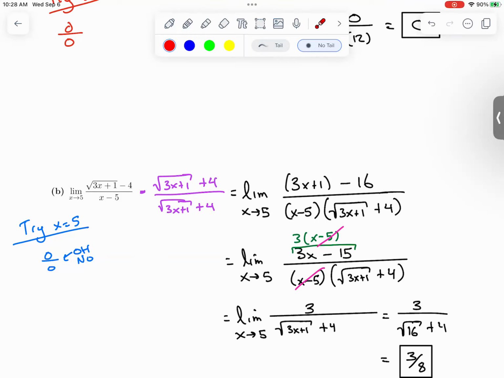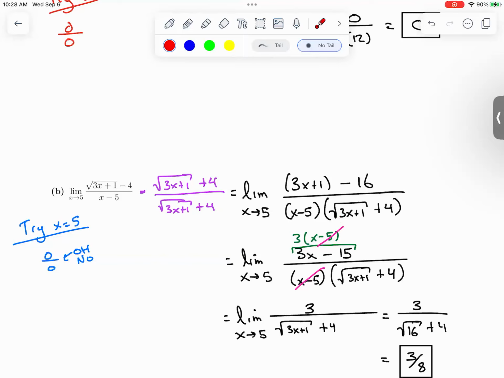Then you could FOIL it out, but you could also just remember that when you do that, it just squares the first term, squares the second term, and takes the difference. So squaring the square root of 3x plus 1 gives me just 3x plus 1. Squaring 4 gives me 16. Taking the difference, you get that. And then in the denominator, you still got that x minus 5 times the square root of 3x plus 1